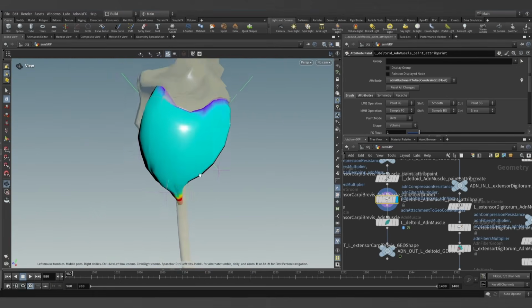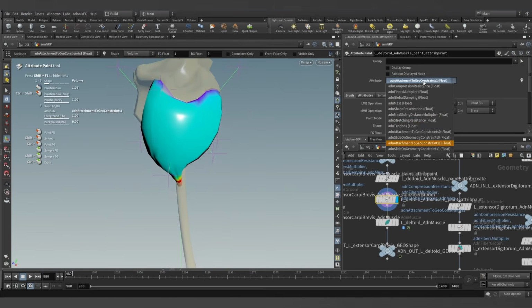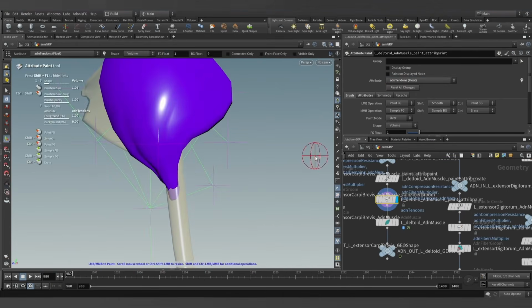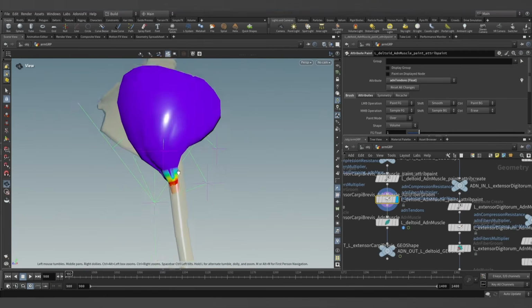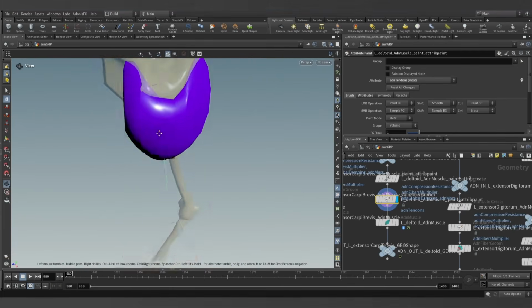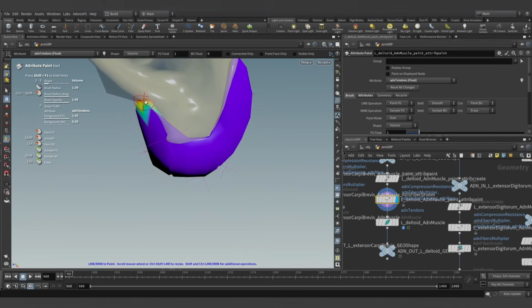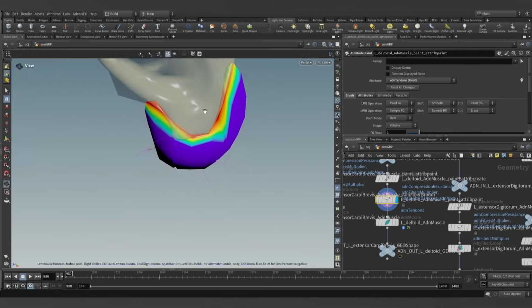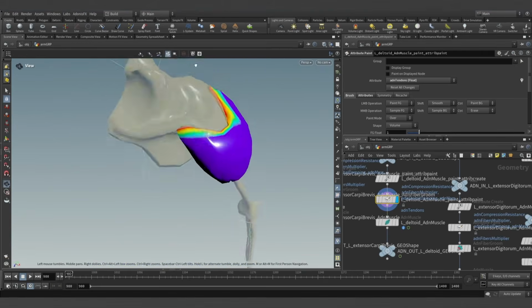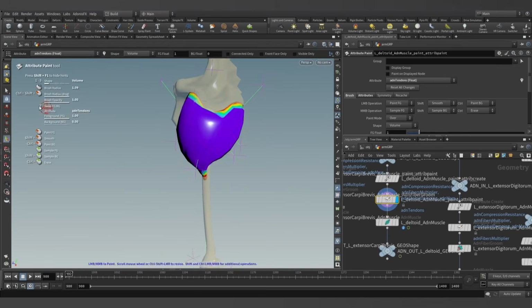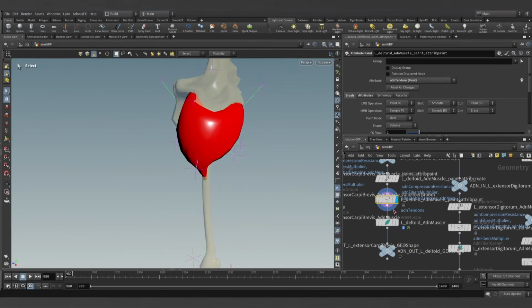Great. And now what we can do is we can come and paint the tendons. Set this to value 1, so it would be here. And then we can start painting up here too. So that will dictate the original fiber flow, but here especially we need to be a bit more careful because